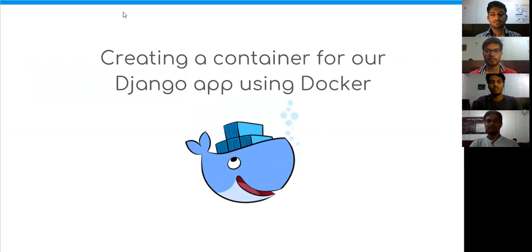Now let us see what is Docker and how it is useful in creating containerized app. So Docker is a software used to create, deploy, and run applications using containers. Containers allow developers to pack up an application with all the system binaries and the dependencies, and ship it as one package. By doing this, it is assured that the application will run on any Linux machine, regardless of the settings of the specific machine.